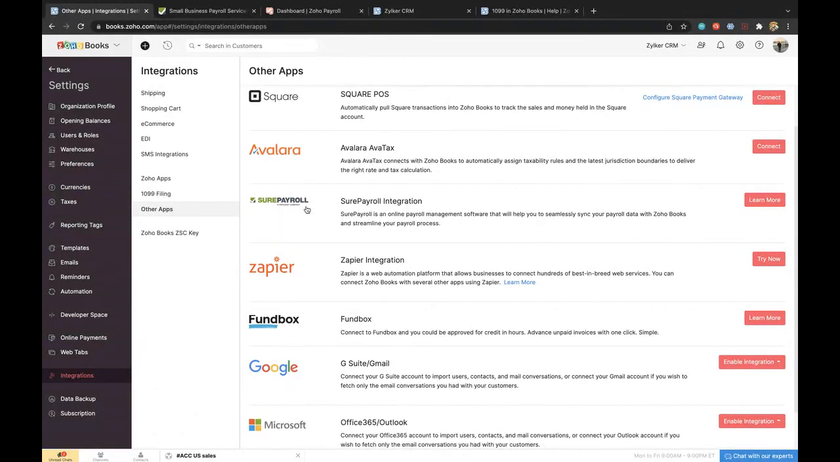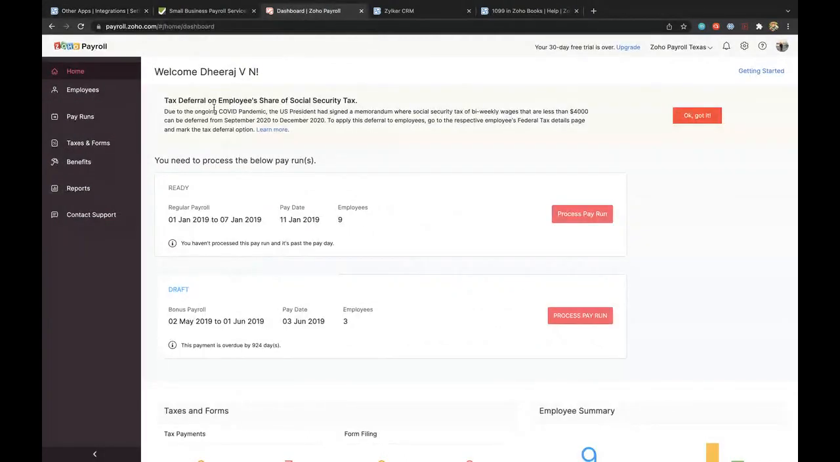It just happens automatically between the two applications because it's an API integration. So that's how we handled the payroll for all the 50 states in the US. Now, for those of you who are located in states where we have support for Zoho Payroll, I definitely recommend you check that out. That again is also a direct integration,